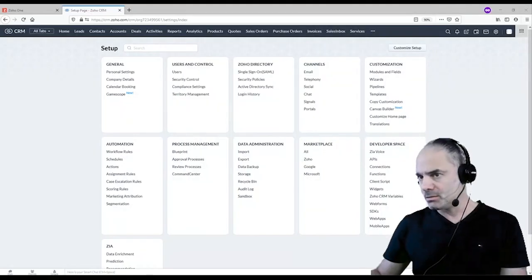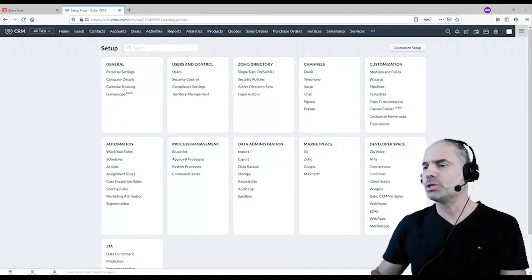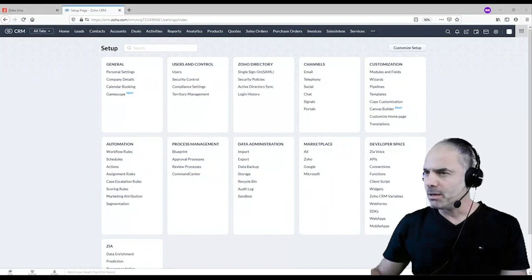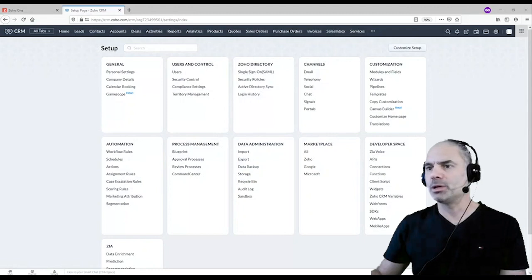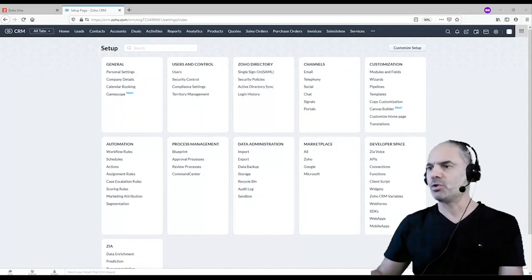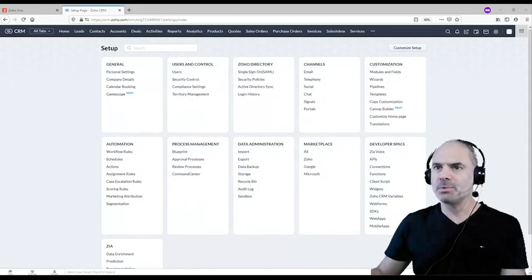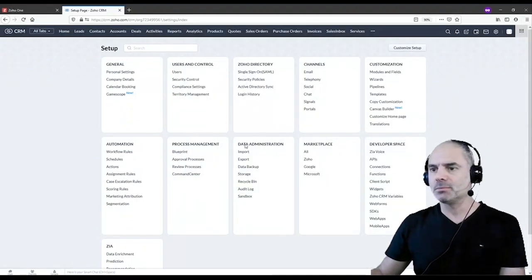So Mark is asking, we have 3 different project templates we use in Zoho Projects. Can automation be made so that when a deal is created, the appropriate project template for the job is created? Yes, of course. Am I going to show you how to do it? Mark, do you have any kind of programming experience? Just a little bit? It will require a small script. So I just need to know if you're up to it. So let me just show you the general idea of how to do it.